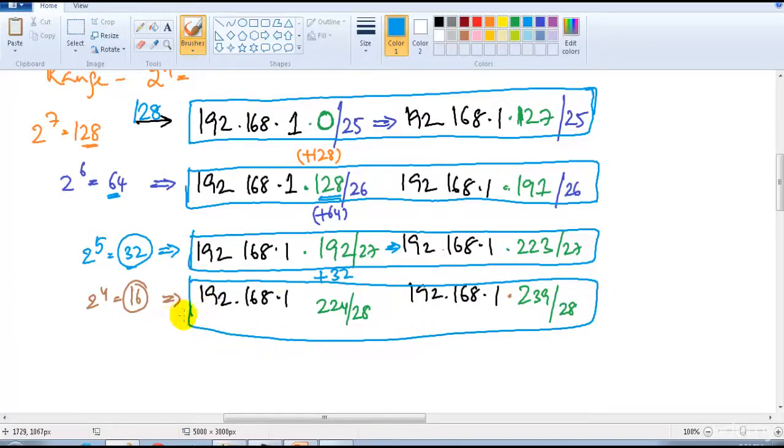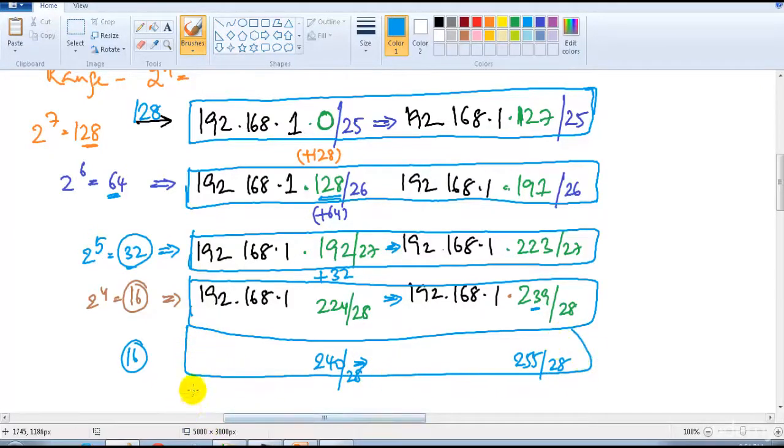My requirement is just 10, but exactly 10 is not possible. Still, I have addresses available from 240. So I can use it if I have one more requirement of 16, let's say. I can use 240 to 255 with a slash value of /28. Or you can have a requirement of 2 networks with 8 each, something like that. So if you observe here, the size of each network is different. Here it is 128, here it is 64, it may be 32 here, and here it is 16, here